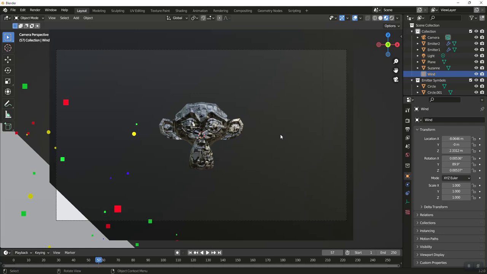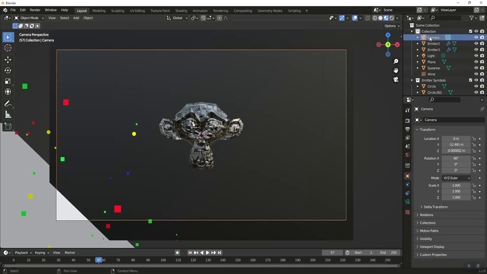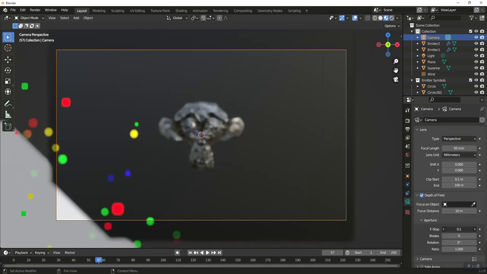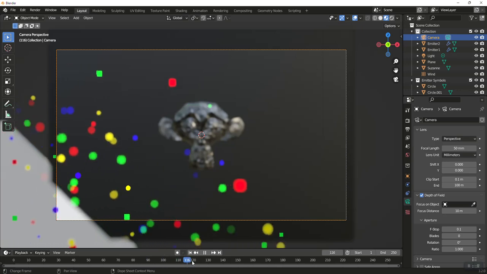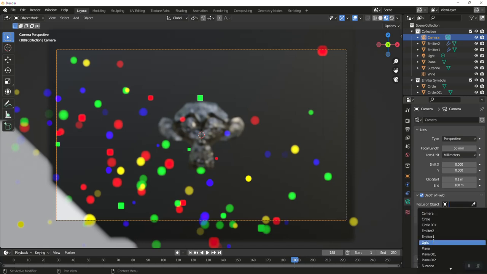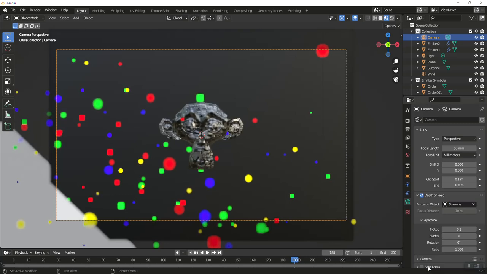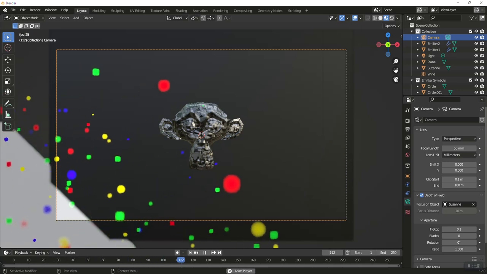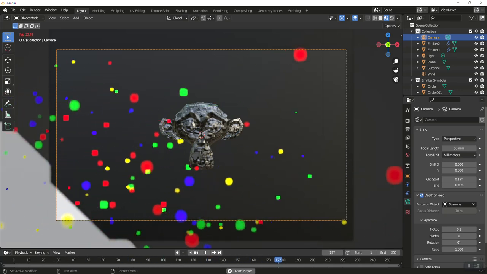The other thing that I found interesting was in the camera we can kind of give that faded out or focused out look. So if we go to our camera and we click turn on depth of field, we can turn our f-stop all the way down, which kind of gives us this cool out of focus look. But the reason I put an object in mine is because I wanted to have a focal point. So I'm going to go here and under focus on object, I've got my Suzanne in focus, and by doing that, some of my emitters are in focus, the ones that are close to the Suzanne. The ones that are closer or further away from the camera are kind of out of focus,